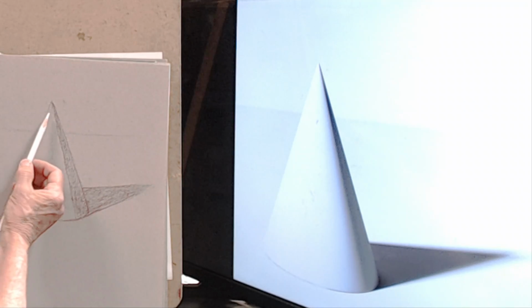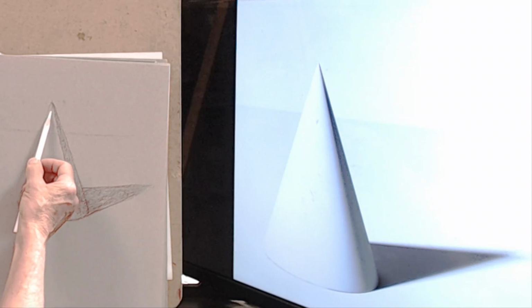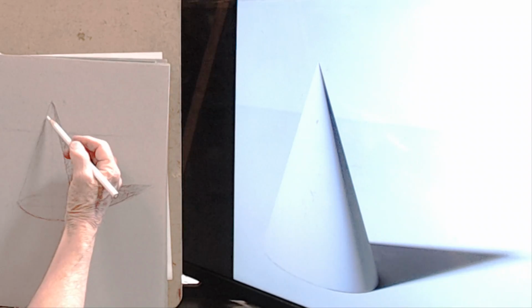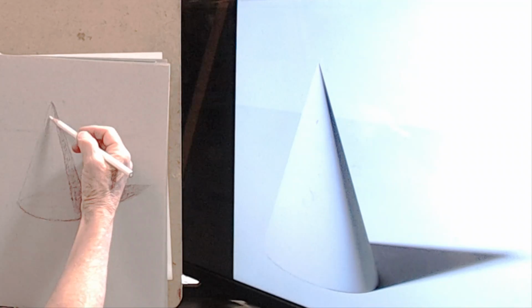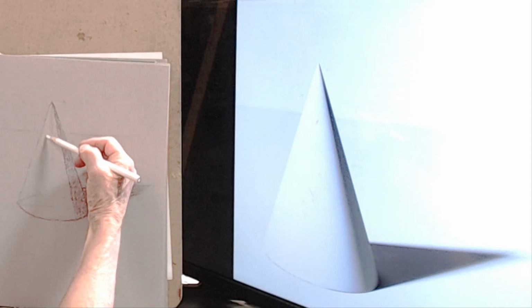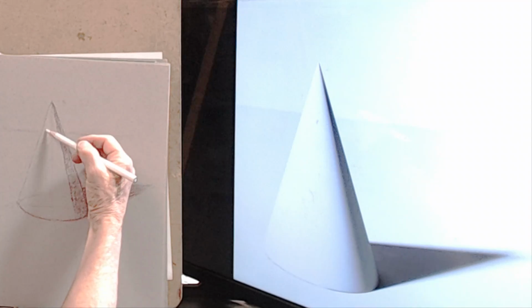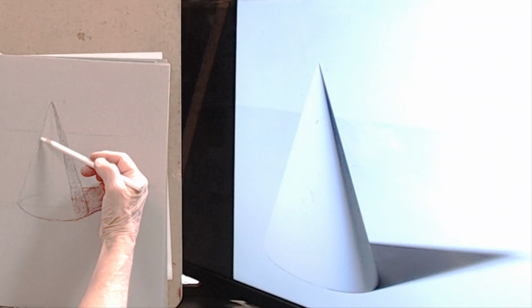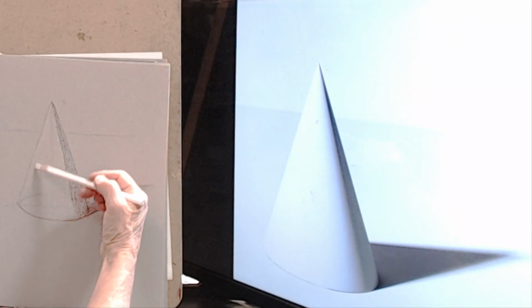And I can just slowly add with some marks. I just have to lay it in with marks because, again, I cannot blend this. And I don't want to go too hard too soon. So I'm just going to create